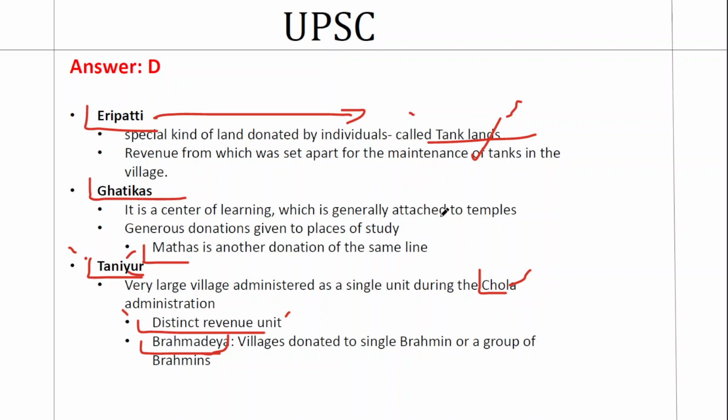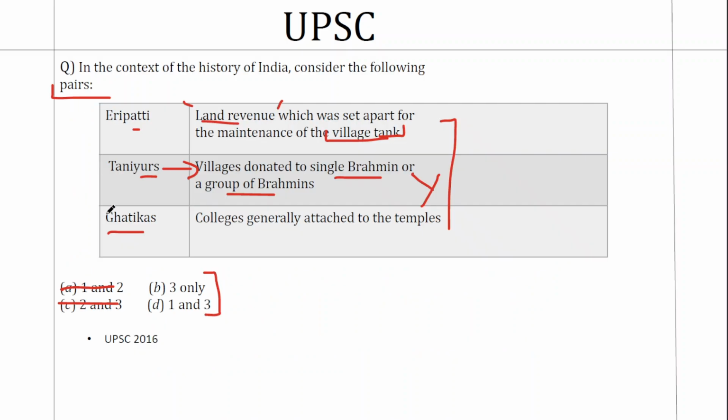And usually, Gatikas are attached to temples. So donations that are given to such learning centers are also called by the same name, Gatika. So if you look at the definition that is given there, colleges generally attached to temples stands correct. As a result, Taniur becomes a wrong explanation, and eripati and Gatika become correct, and option D is the correct